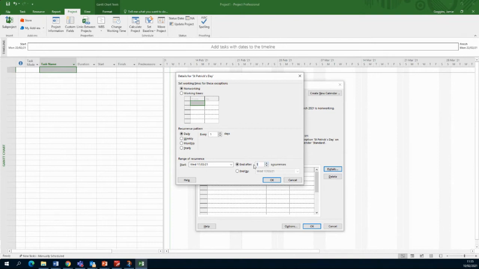So I go in and set the number of occurrences. Let's say it's a 5-year project, so I'm going to do a 5-year project. Now, if I keep an eye on this little box here where it says "in by date," I can see that this year St. Paddy's Day is a Wednesday. If I go after 2 occurrences, next year it's